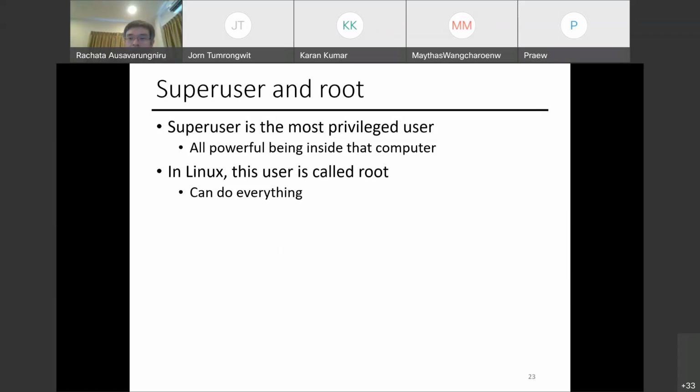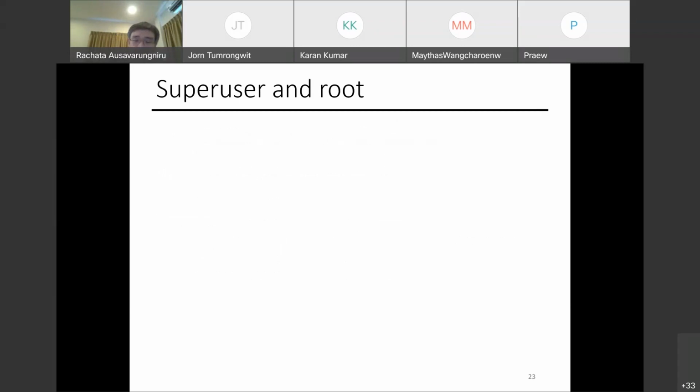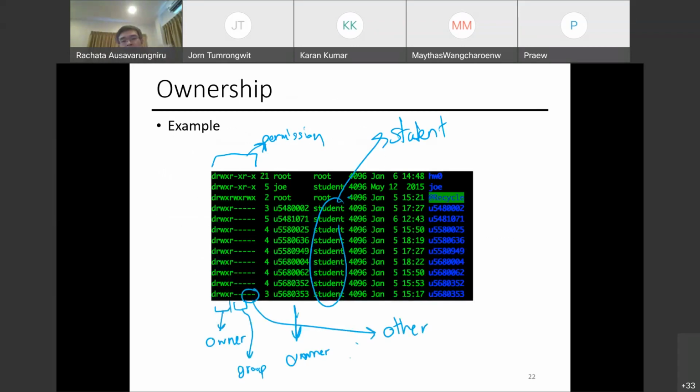Oh, okay, that's a question. Let me go back one slide. I'm sorry. There's a question that says, what does the number mean on the left of the owner? Wait, the left. Oh, yeah, actually, I forgot. Let me double check that. So let me get back to you later. Is that okay? Because I actually forgot what the number means. Sorry. Yeah. So great question. I'll get back to you.